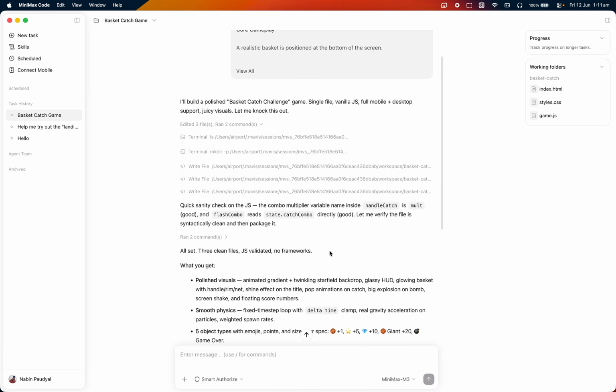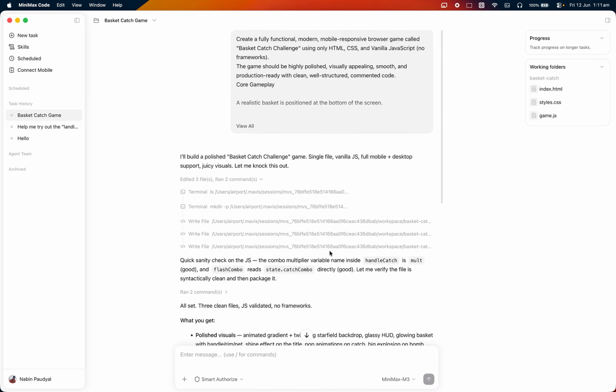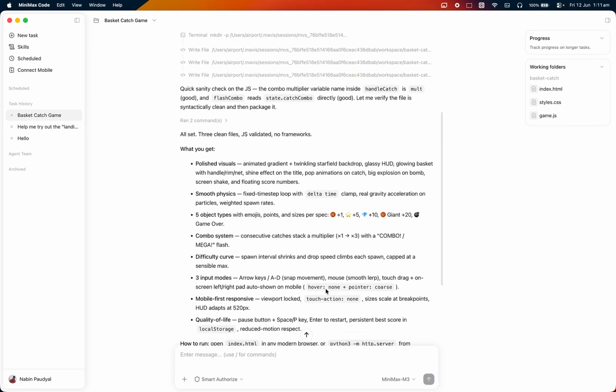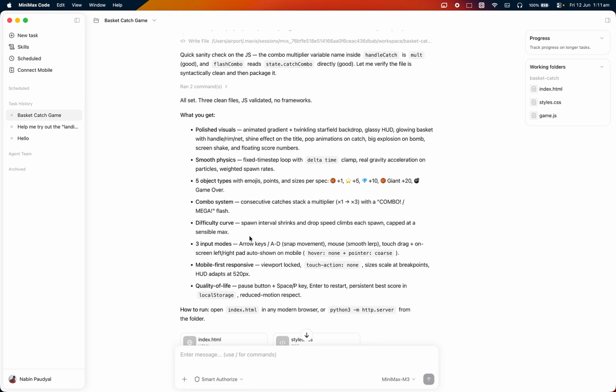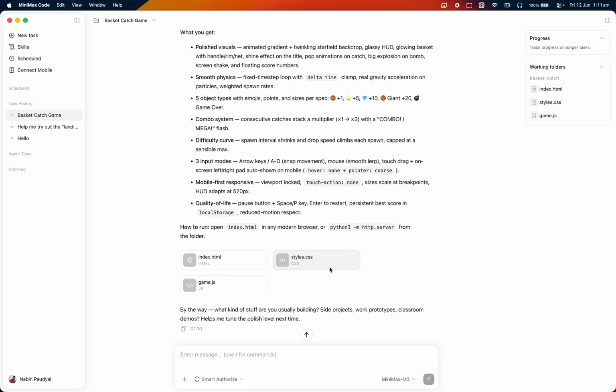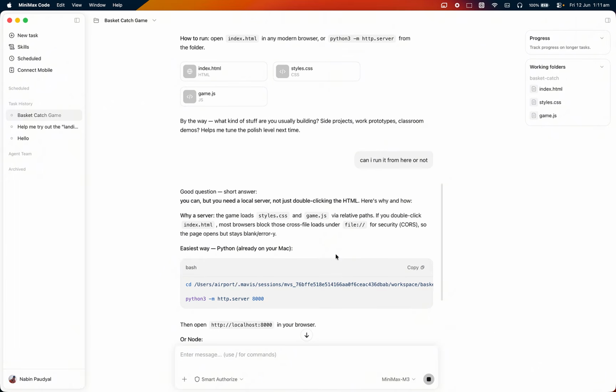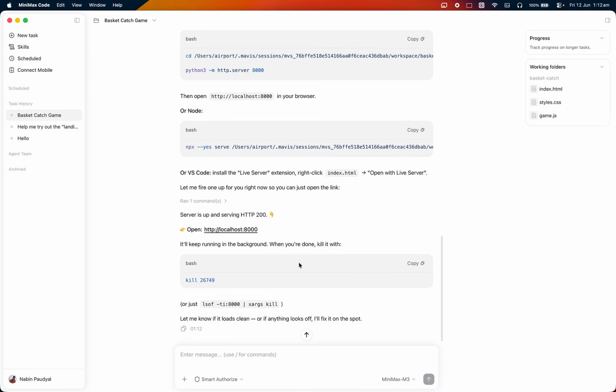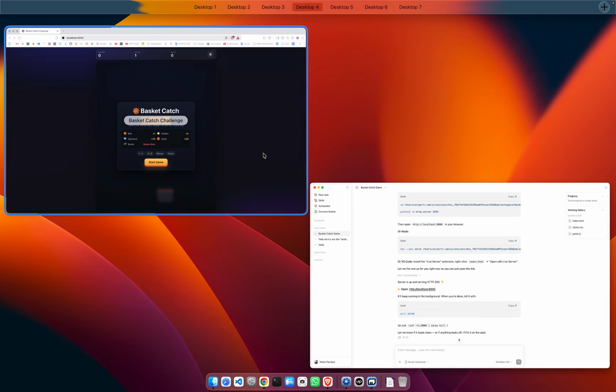Now it has completed the task and it didn't take too much time. It will complete it within 3-4 minutes. Yeah, it will take 3-4 minutes to build this type of detailed game where I have given some detailed requirements, and it will create 3 files: style.css, game.js, index.html. I'll ask one thing here: can I run it from here or not? Good question. It will give me the direct link to run this code, and let's see how the game looks